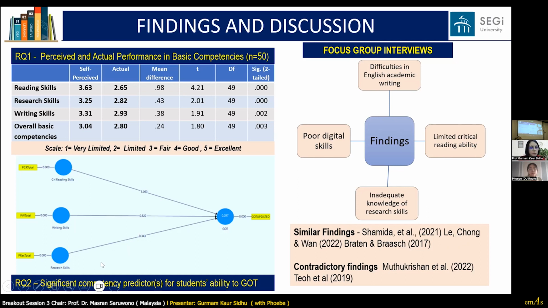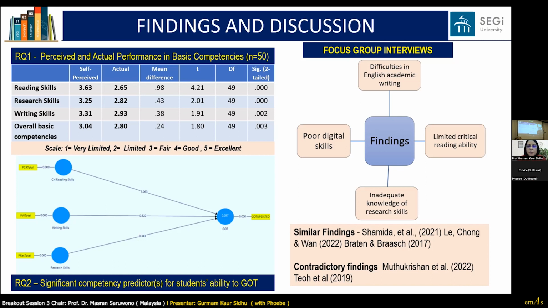Now, the second research question looked into which of these skills were significant predictors of graduating on time. And the result by Smart PLS showed that critical reading skills had the most significant effect on graduating on time. And I think this resonates well with you and me, because we know that reading is the pillar of all learning.